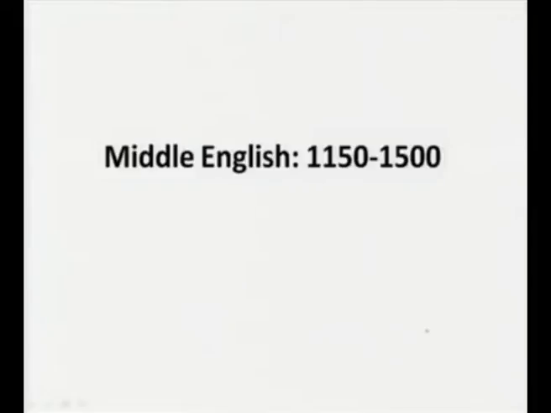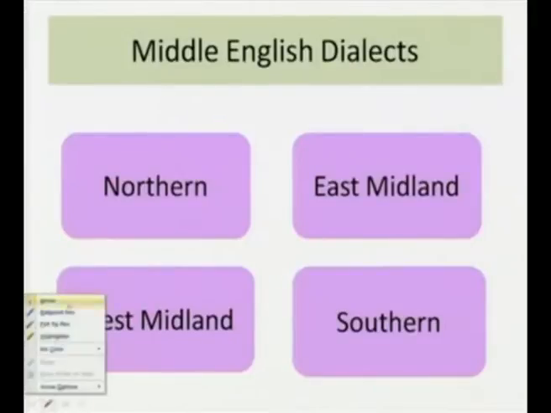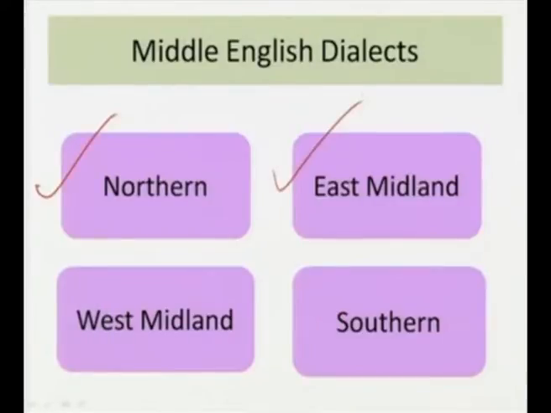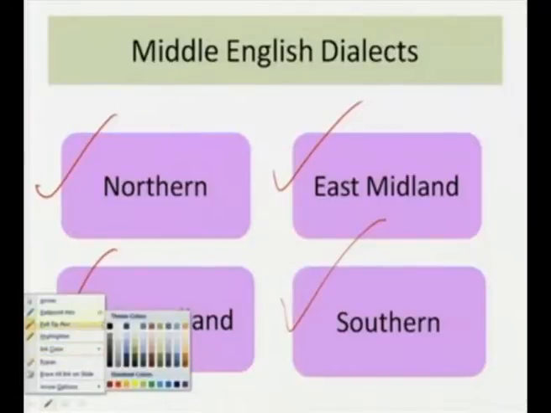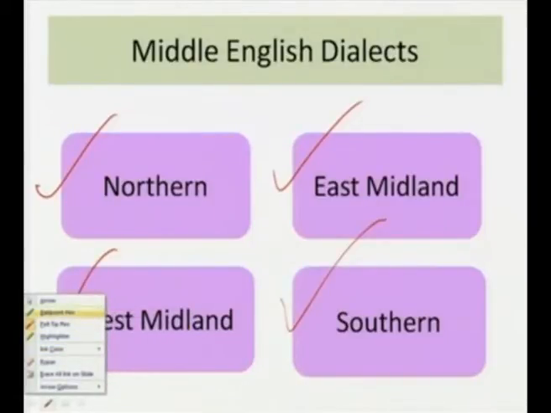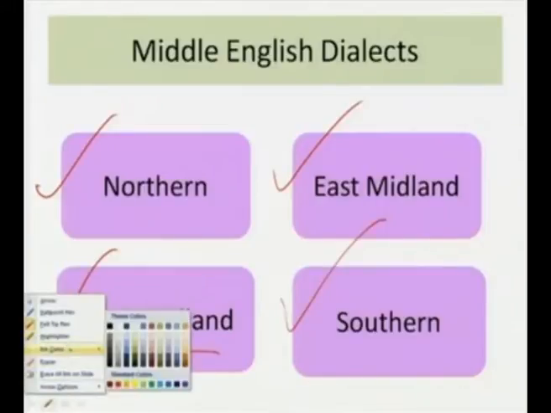Okay. So, fine. The Middle English dialects: many scholars say there are 5 dialects and some scholars say there are 4 dialects, but at least the important dialects were the Northern dialect, the East Midland dialect, the West Midland dialect and the Southern dialects. You remember that the Northumbrian, Mercian, etc., were the chief dialects in the time of Old English. Okay. So, here in Middle English the dialects are Northern, East Midland, West Midland and the Southern dialects. So,